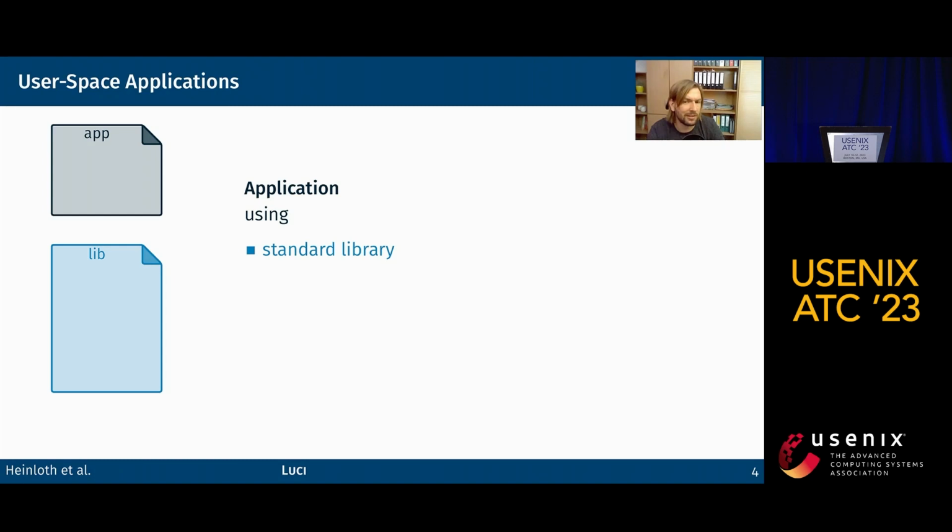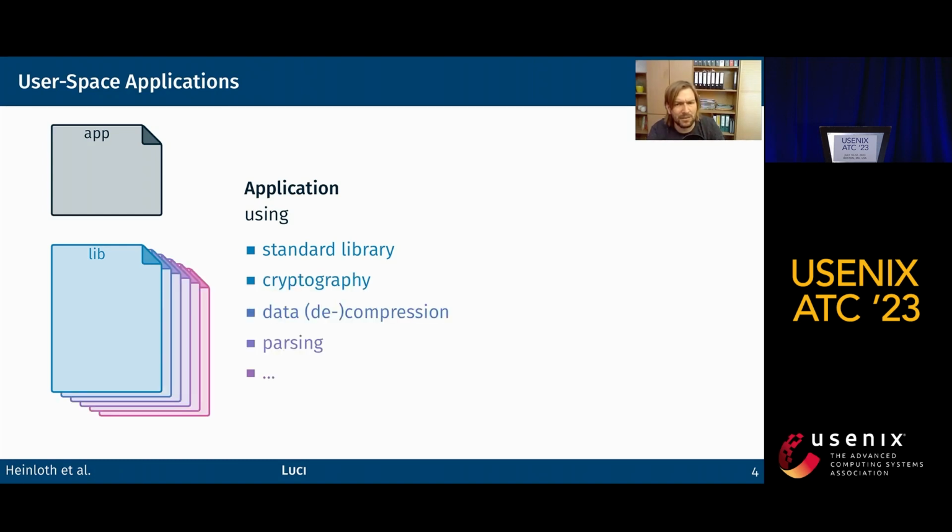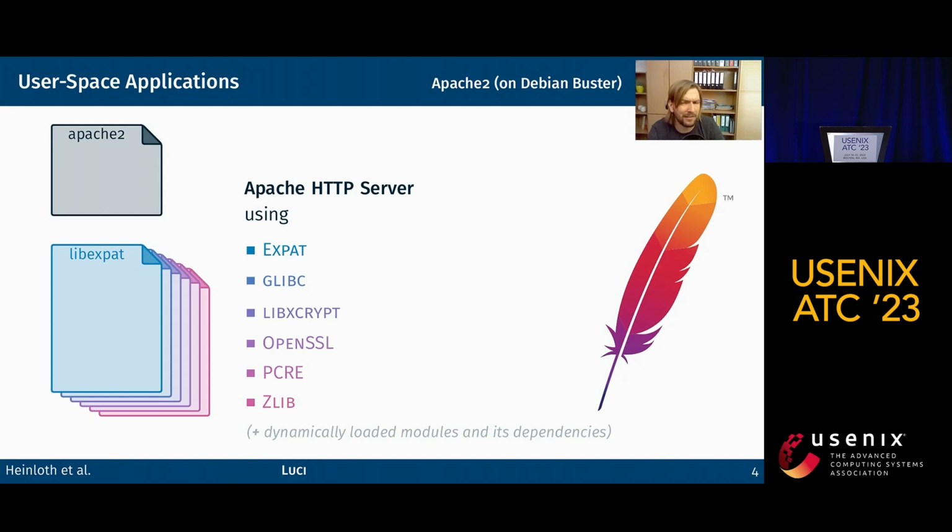They are usually depending on libraries, especially the standard library, but since one most likely wants to avoid writing stuff like cryptography, compression, or parsing certain file formats, the usage of additional libraries is common. For example, the Apache web server has 6 external base dependencies, plus modules and their external dependencies based on the